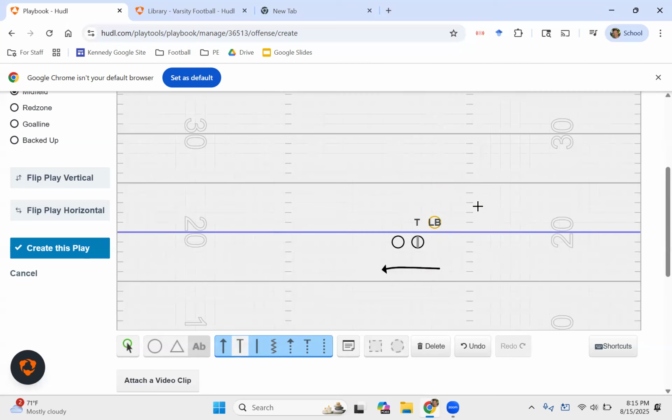Linebacker steps up, or someone stunts into this gap. Okay, down, down, down. When in doubt, make a down call, block your gap. We don't have to double team. We can just block down and block our gap. We like double teams because it gets two guys on one, but we don't have to. We can always block our gap when we're in doubt if we don't know someone's coming. Okay, so that's the first scenario.